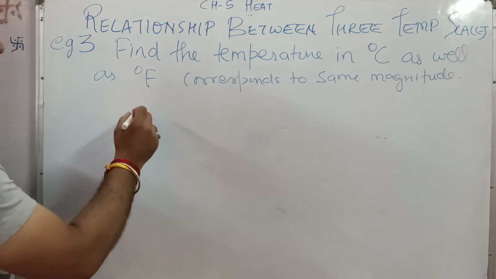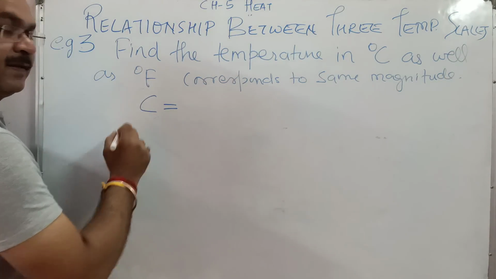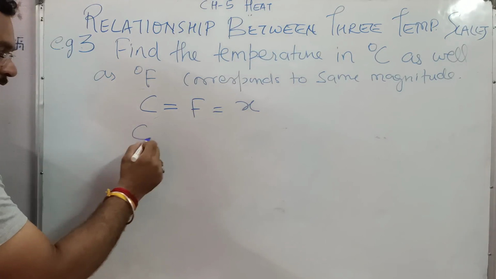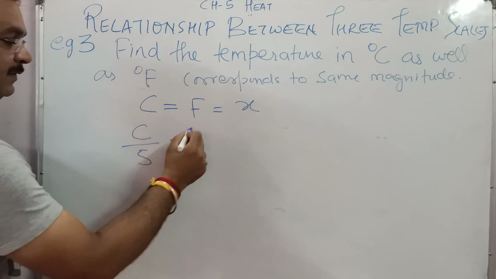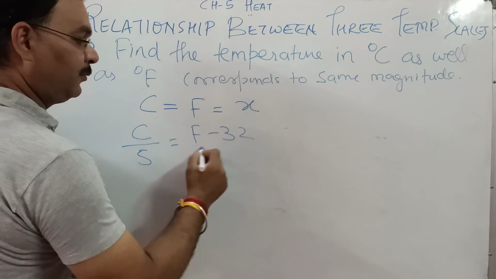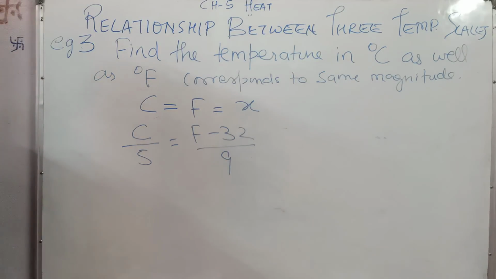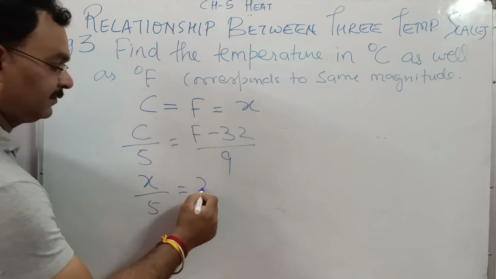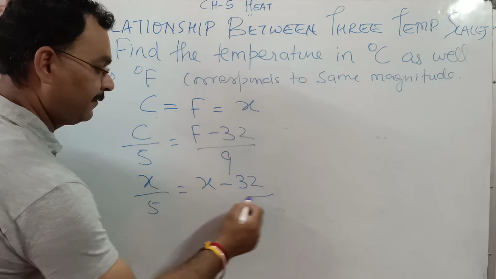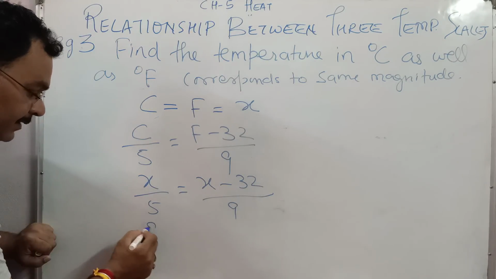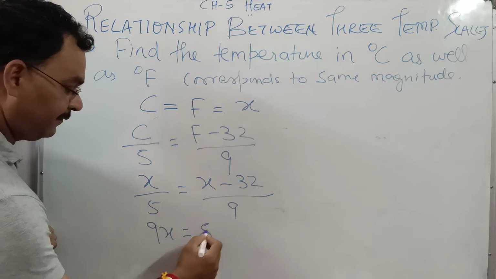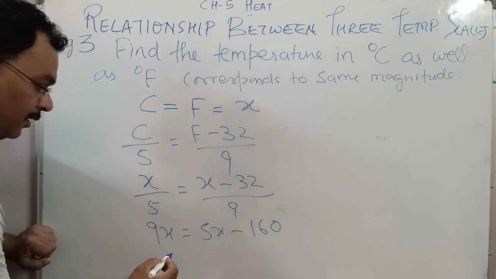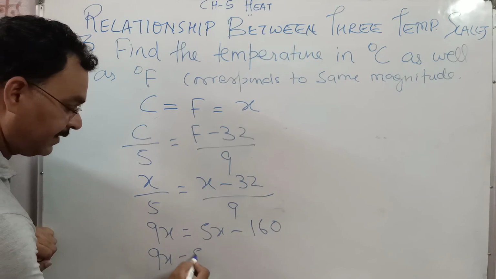So for that, let the degree Celsius and degree Fahrenheit value be x. C by 5 is equal to F minus 32 by 9. Now substituting x in place of C as well as in place of F, cross multiplying: 9x equals 5x minus 160, or we say 9x minus 5x is